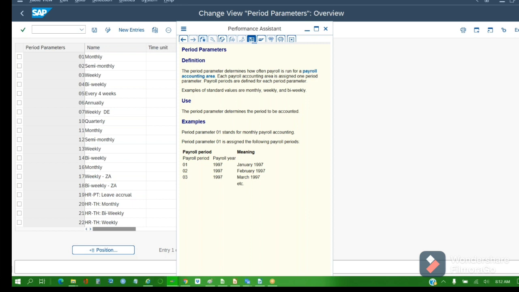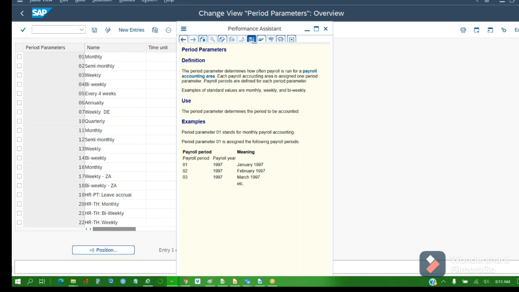Sometimes annually. You pay payroll in different ways. Some people get paid every month, some every week, some every 14 days, some every 15 days, quarterly also. Some students and project trainees get quarterly. Some consultants get half yearly, some contractors get yearly. So you have different kinds of payroll periods. Now see which number is available for us.